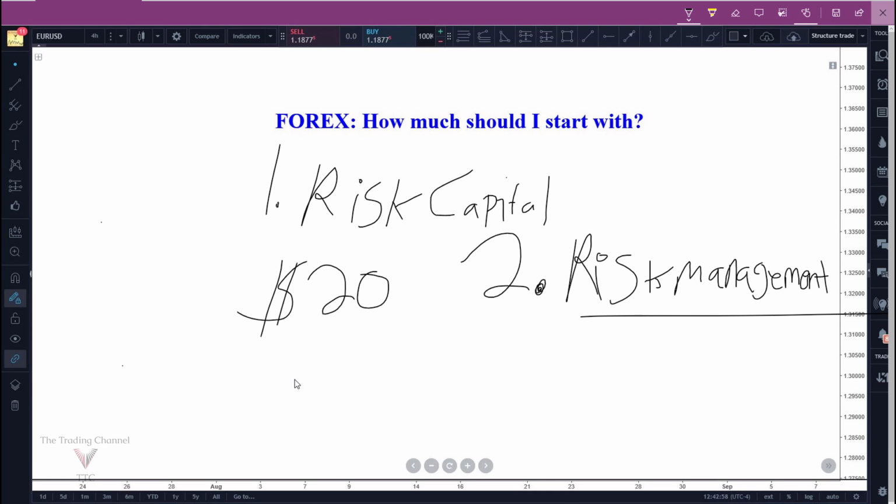And the reason is because, let's say $20 is all you have that is risk capital. Let's say $20 is the largest amount of money that you could lose that would not be detrimental to your financial situation. If that's the case, and you use correct risk management, then you're going to have a very hard time building this account. So personally, I never risk more than 2% of my total account per trade. And most of the time, I actually risk less than that. Most of the time, it's between 0.5% and 1% of my total account.